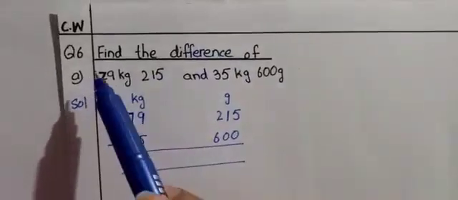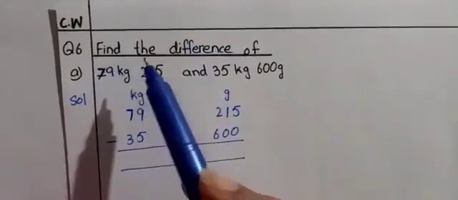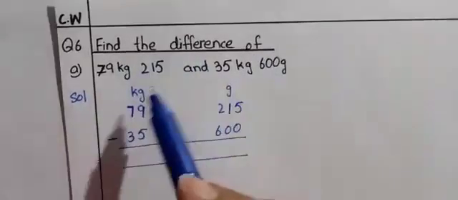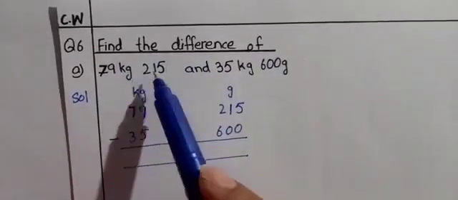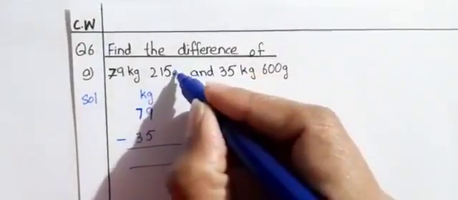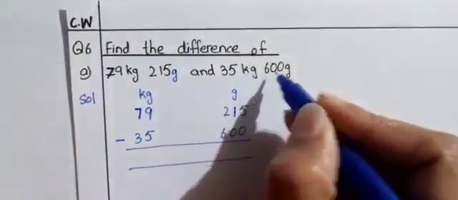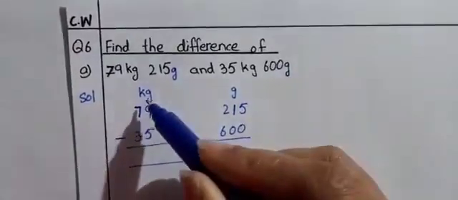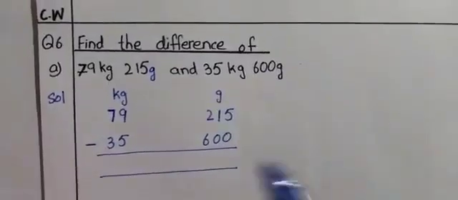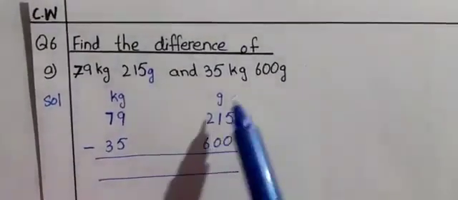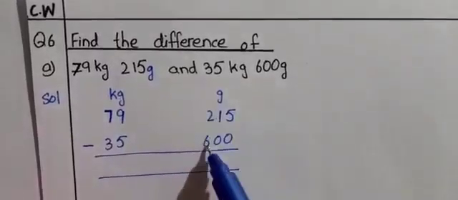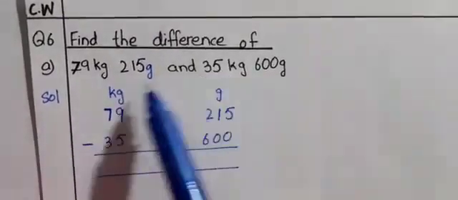So boys, after doing question number 5 of exercise 5b, we will move toward question number 6, that is, find the difference of 79 kg 215 grams and 35 kg 600 grams. Here I have written kilogram and gram as I have done in the addition. 79 215, and then starting from gram: 0 under 5, 0 under 1, 6 under 2, then 5 under 9